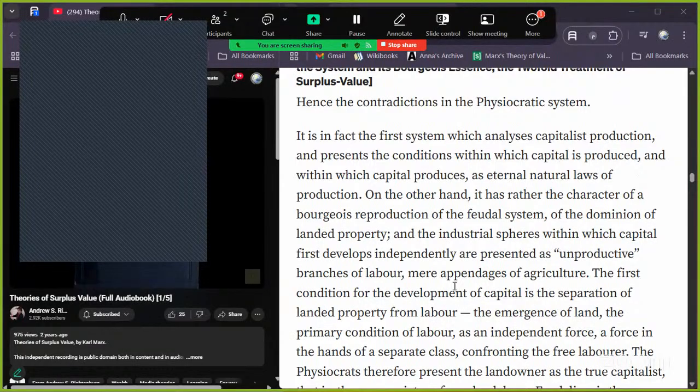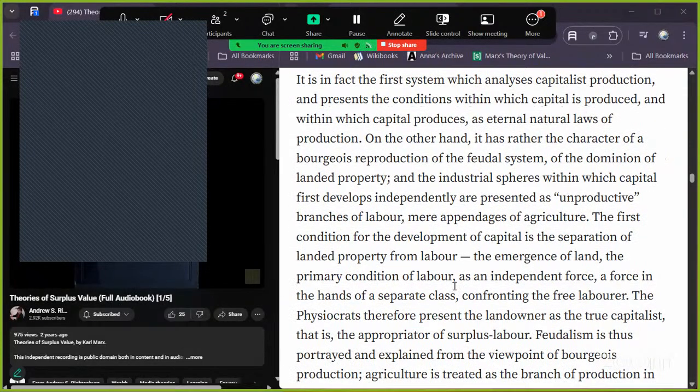Hence the contradictions in the physiocratic system. It is in fact the first system which analyzes capitalist production and presents the conditions within which capital is produced and within which capital produces as eternal laws of production. On the other hand, it has rather the character of a bourgeois reproduction of the feudal system, of the dominion of landed property, and the industrial spheres within which capital first develops independently are presented as unproductive branches of labor,